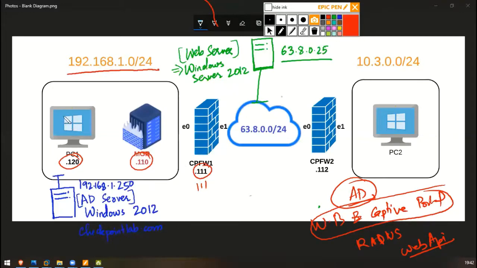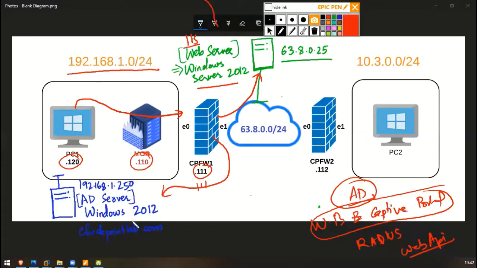The lab scenario is that my PC will be going through this firewall and accessing this web server, which is running on Windows Server 2012, and the service is IIS. We have an AD server in our network from which this firewall will check whether the user is present or not and do the authentication.